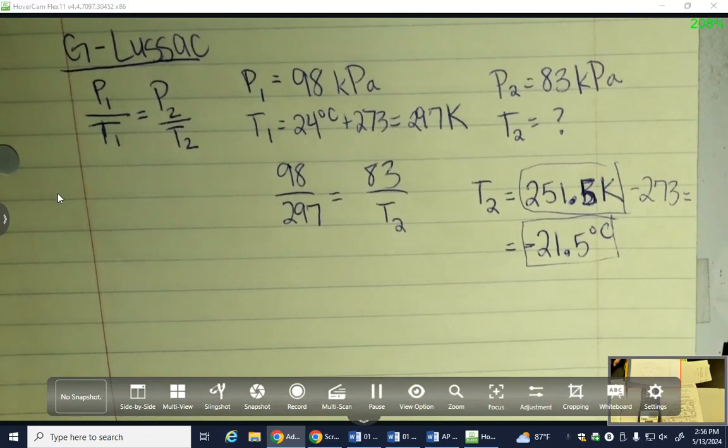The next one, Avogadro's. That's what your paper says. All right, so